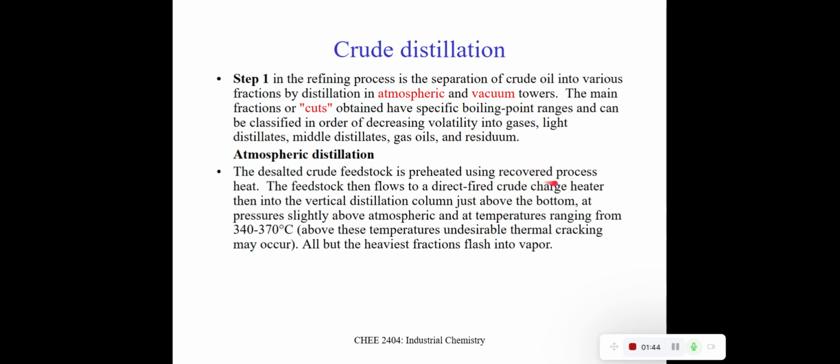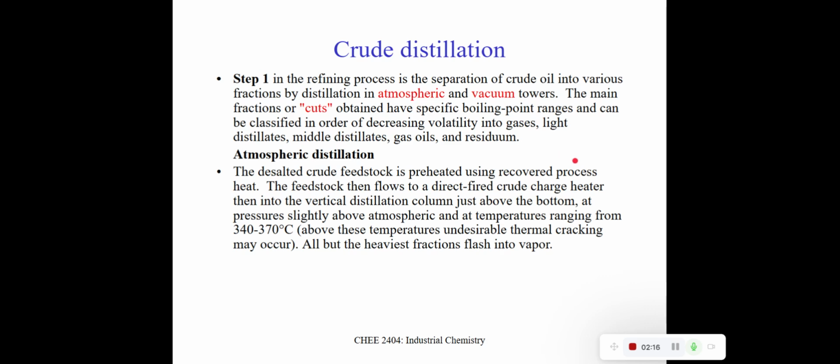As you can see here, the desalted feedstock is preheated using recovered process heat. The feedstock then flows into the direct heat crude oil charge heater, which we can call the furnace heater, and then into the vertical distillation column